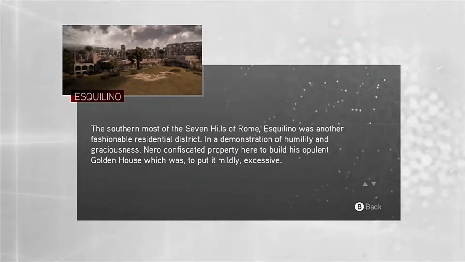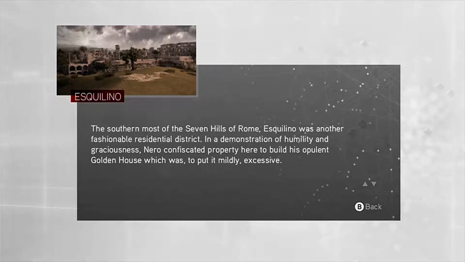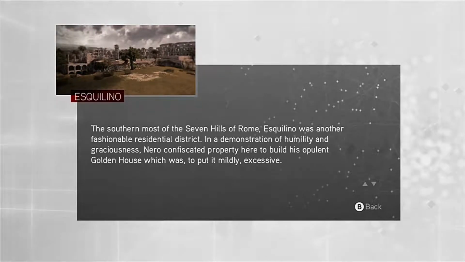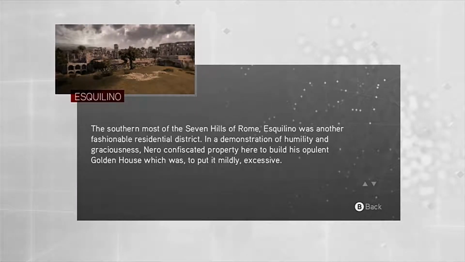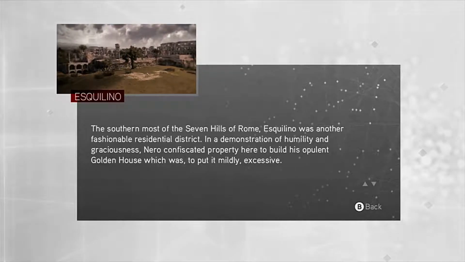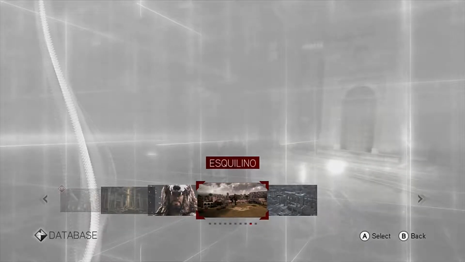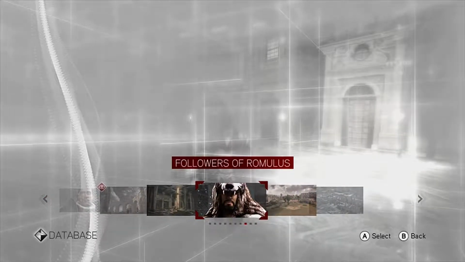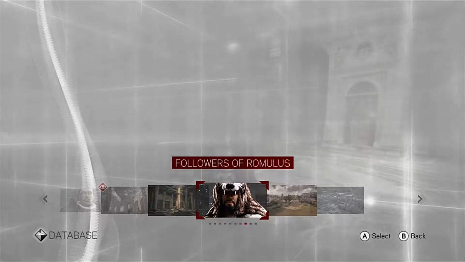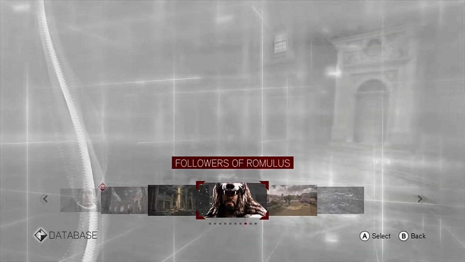Sure. So, we have the Esquilino. It's the southernmost of the 7 hills of Rome. Esquilino was another fashionable residential district. In a demonstration of humility and graciousness, Nero confiscated the property here to build his opulent golden house, which was, to put it mildly, excessive. Okay, so we've got Nero taking things from the people to make a giant golden house, and next we've got